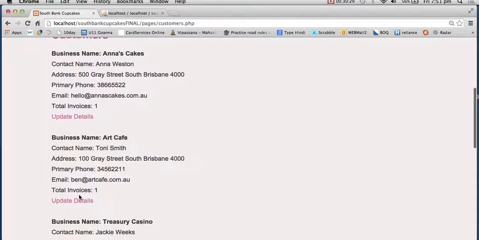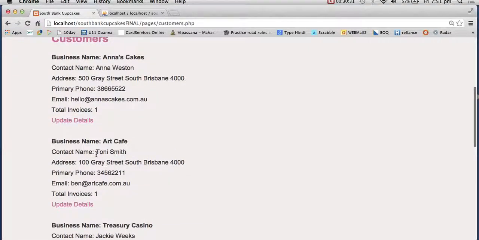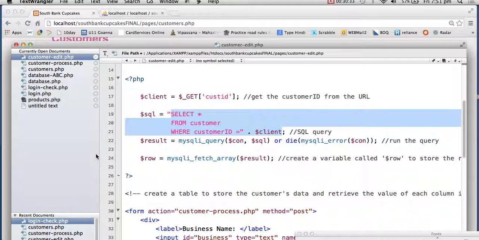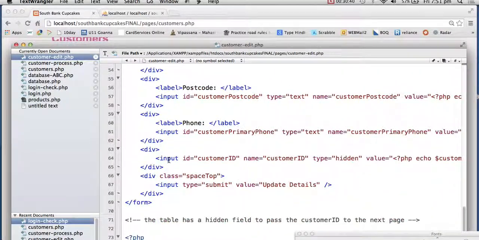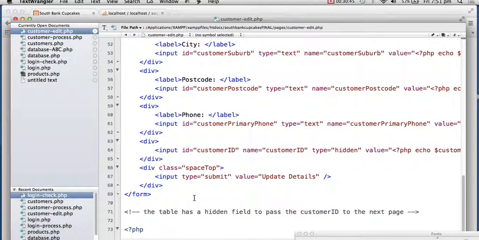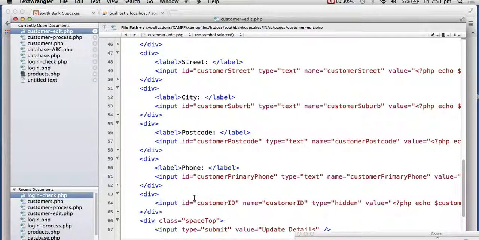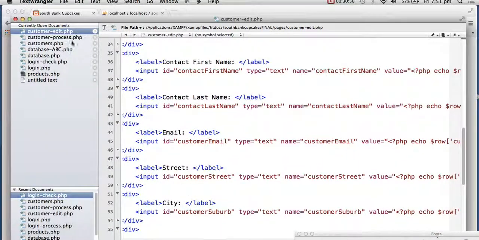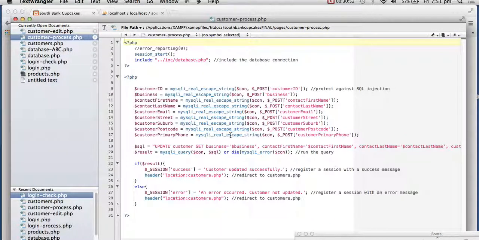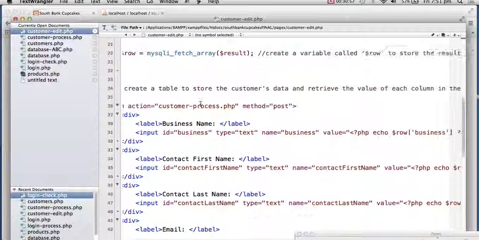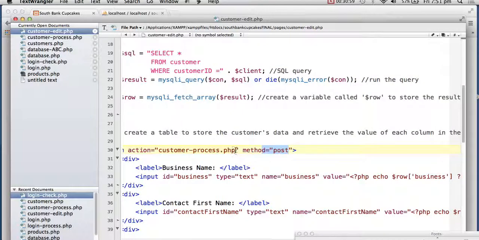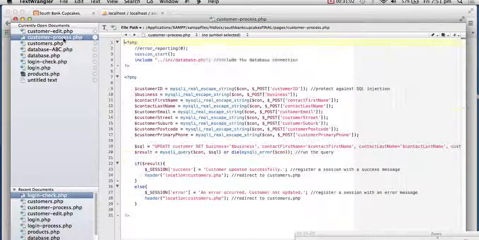So let's look at this error. My database is not updating. So I need to know what is happening. I need to know what's happening, and here what is happening is there is a line of code at the bottom which redirects me to the customer process page. So the customer edit page is going to post data. See, method post is going to call customer process. So this customer process page